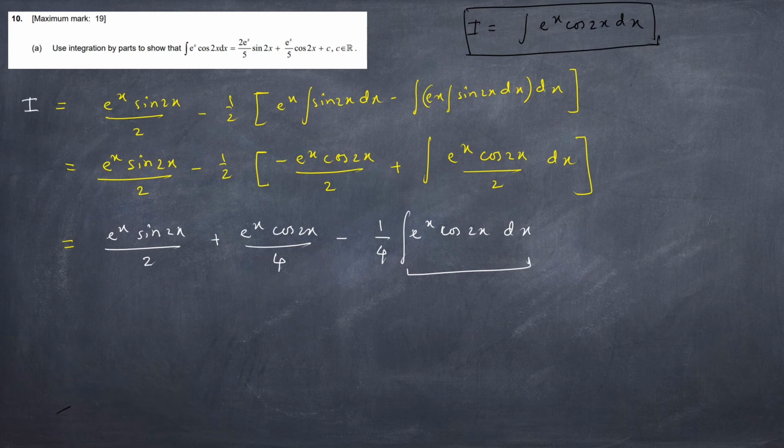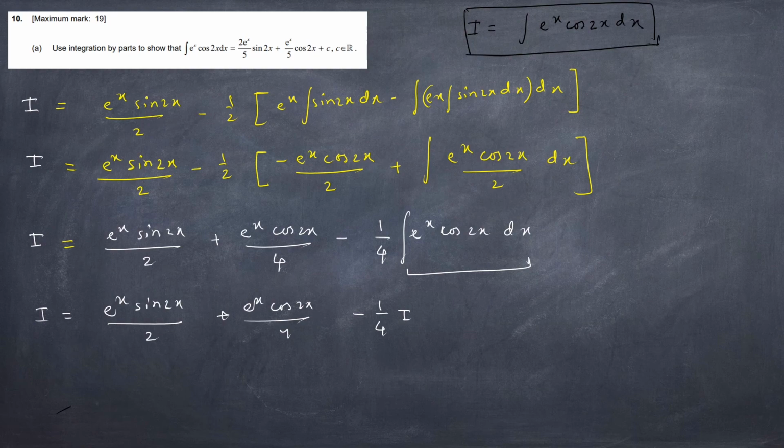So we are finding I, so it is basically I equals to, I is the integration that we have already considered, that is I is equal to integration e to the power x cos 2x dx. So ultimately this part again will be I, so we can write I equals e to the power x sine 2x by 2 plus e to the power x cos 2x by 4 minus 1 by 4 I. We can write that, because if we try to integrate that again and again, it will be integrated again and again, because the differentiation of e to the power x will be e to the power x always. So that's why we need to use this particular method.